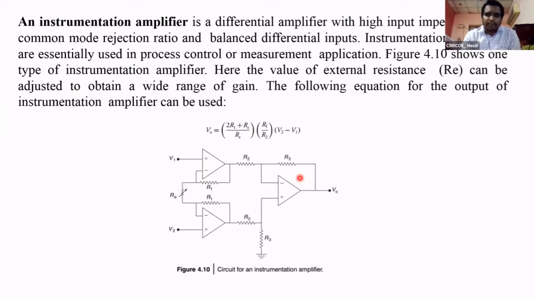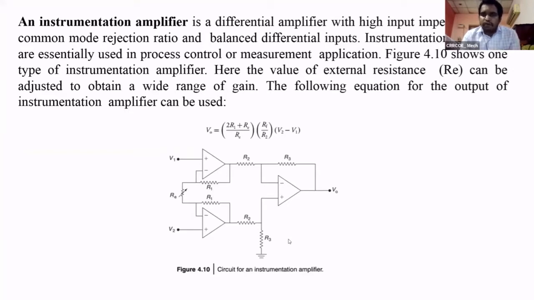Okay, what is the use of this type of circuit? It has high input impedance, and second, it has a high common mode rejection ratio. Now we see what the common mode rejection ratio is. Already I said about virtual short. Suppose the input voltages are equal, V1 is equal to V2. That is called common mode voltage, means the two input voltages are equal.